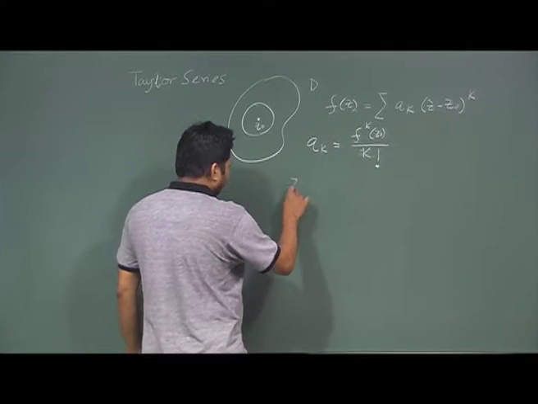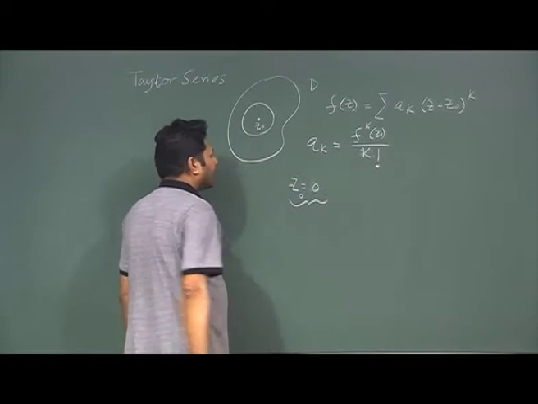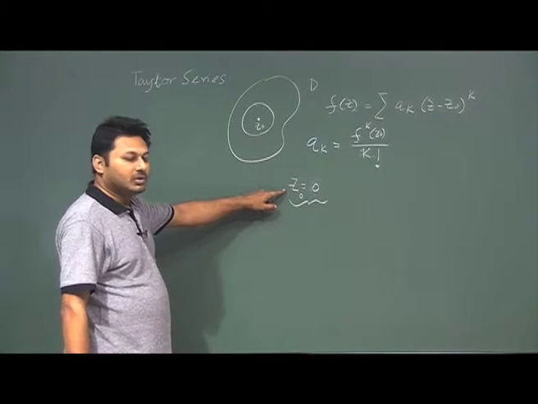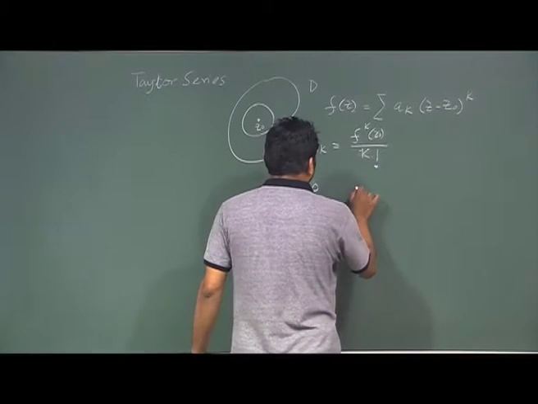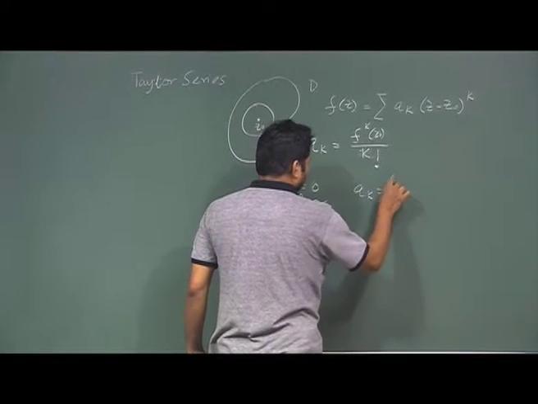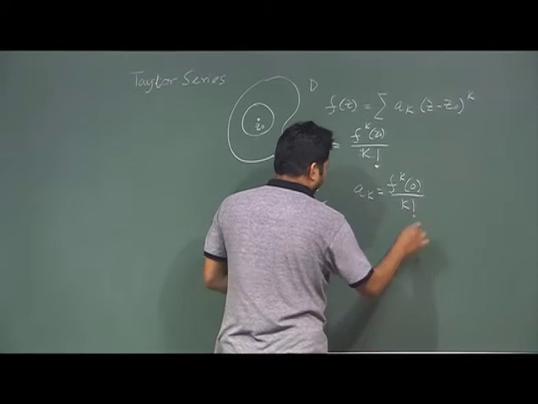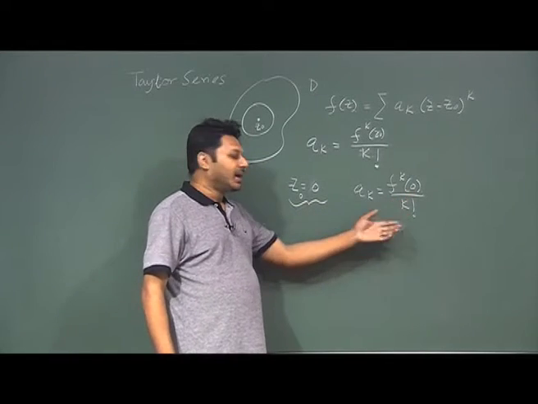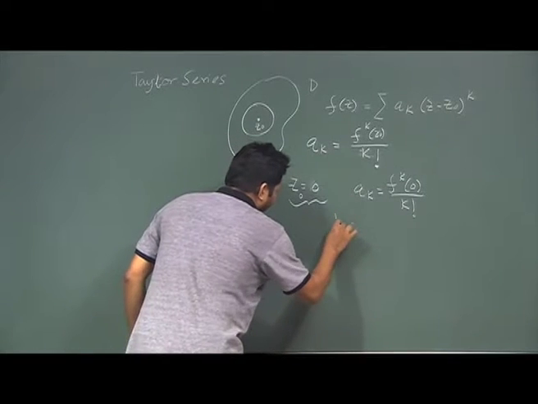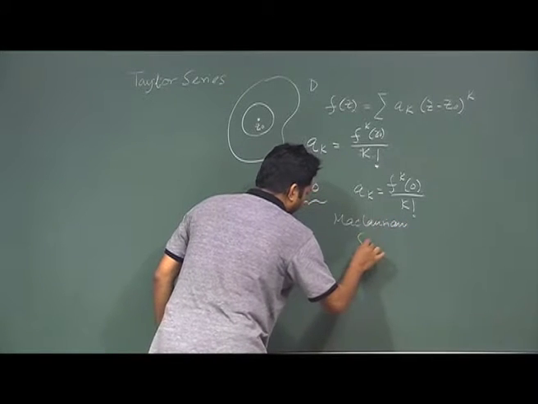Well, if z0 is equal to 0, that means if I want to expand this function around a very special point which is 0, then this series will have the same form obviously, except that k is now changed and represented by this, z0 will just be represented by 0, and we call it the Maclaurin series. So, this written here is a Taylor series, and this series was the Maclaurin series.